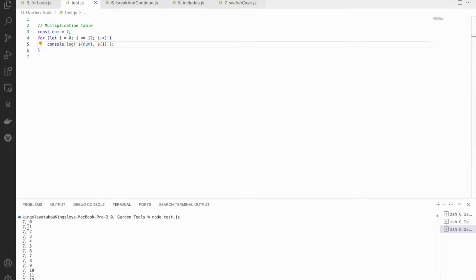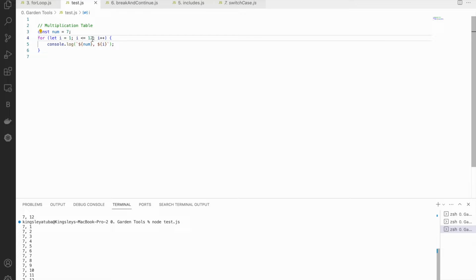you see what we'll get. We're getting a constant 7 because we are not changing it. And we're also getting an I that increases by 1 starting from 0. Now we can make this 1, and our code, when we run it, will start from 1 instead of 0. 1 to 12. You understand? And we can reduce this 12 to 10, and then we run it. You see the difference,